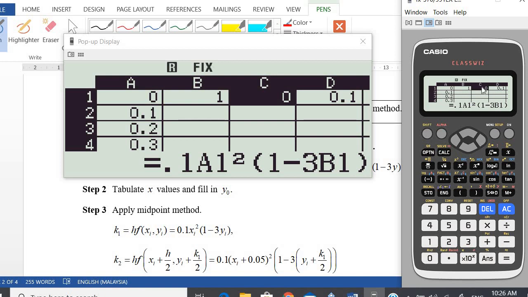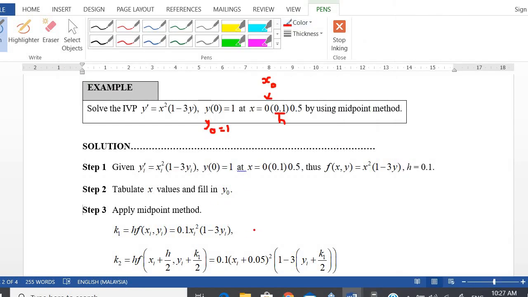When we copy the formula from k1 to k2, which is stored in cell D1, previously we key in 0.1 A1 squared times 1 minus 3 B1. Okay, when we copy the formula,